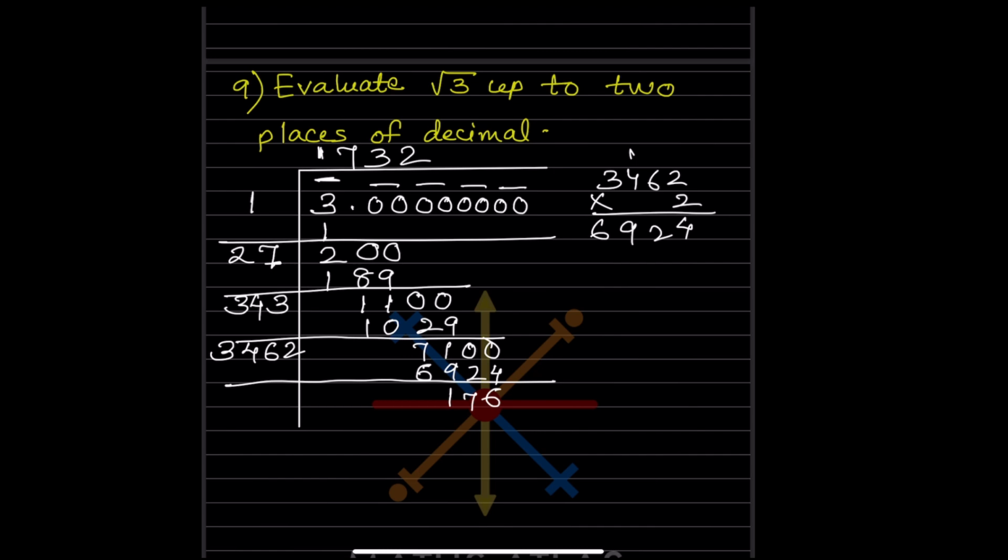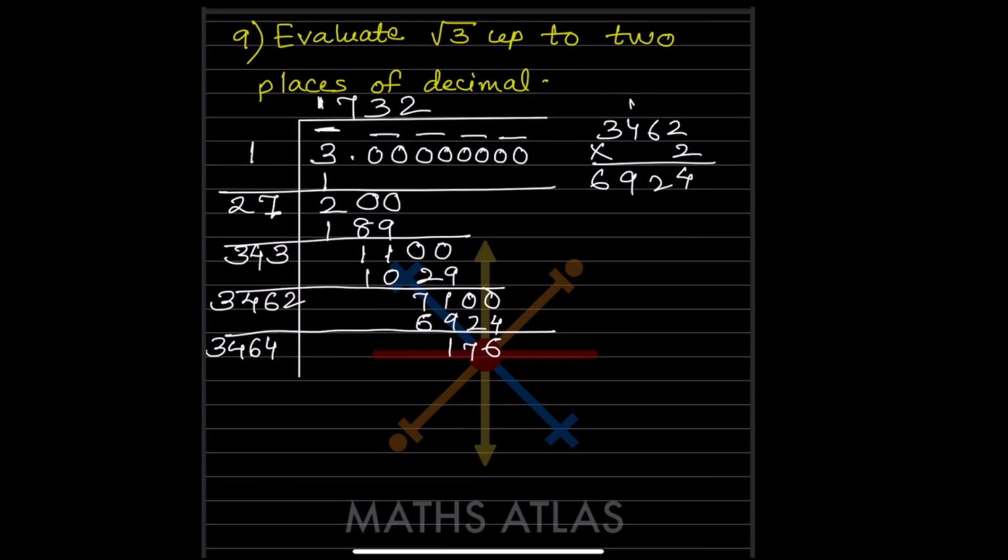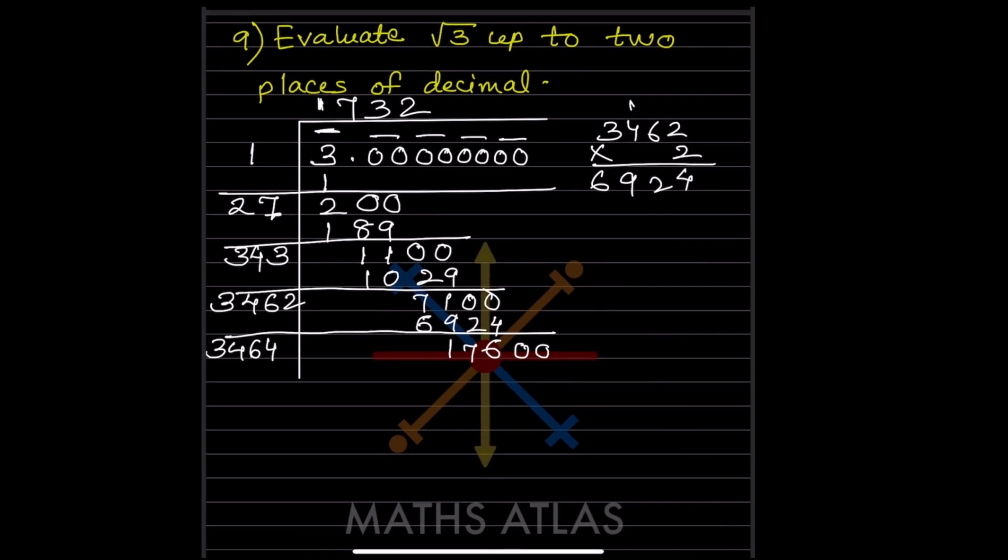So now we are going to again add it. So this is going to be 3464. So now you need again here one number. So what is that? Again you have to take these two zeros down. So this said here you have to evaluate up to 2 places of decimals, means here we can write this number as,